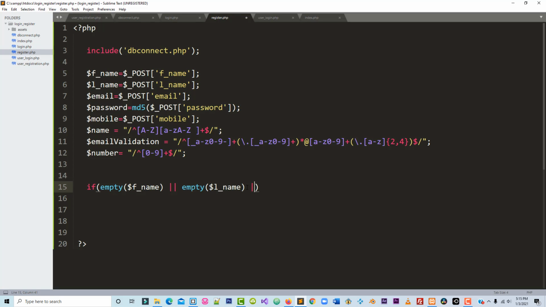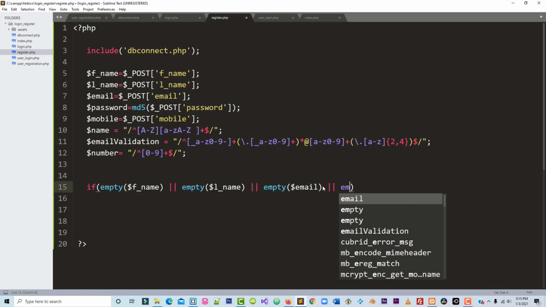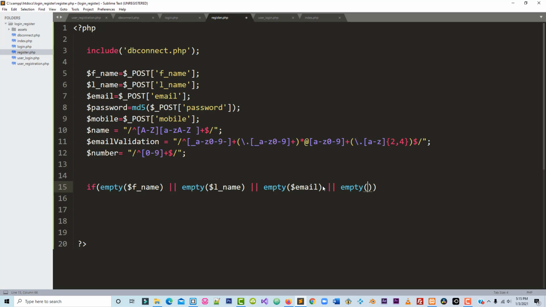All right, empty for email address, empty for password, empty for mobile. All right, if everything is empty,